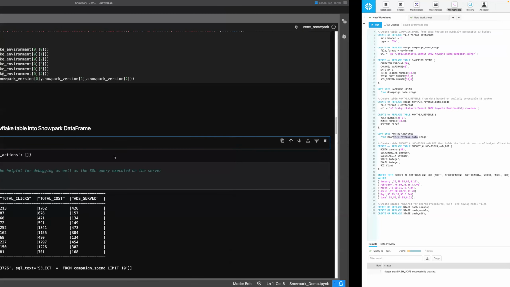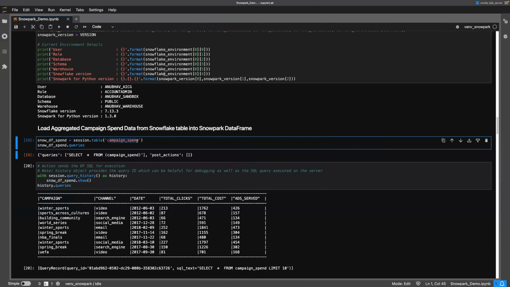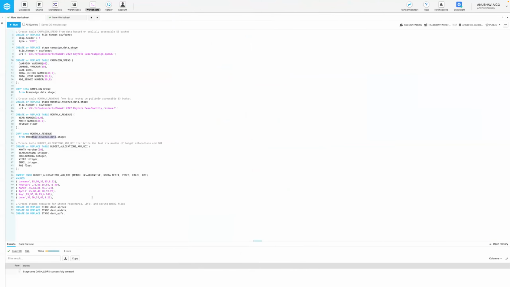Whatever you see here are the tables that we've already pre-created for this demo. And one important point which I'll touch upon is that there are some internal stages that we've created. One is called dash_store procedures, where we will store the stored procedure that we will create as part of this demo. And then dash_models is the stage where we will load the models that we will have